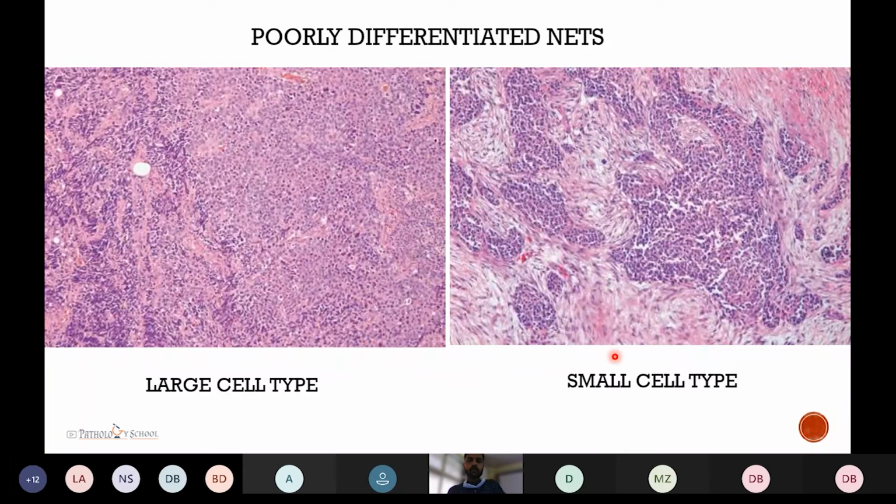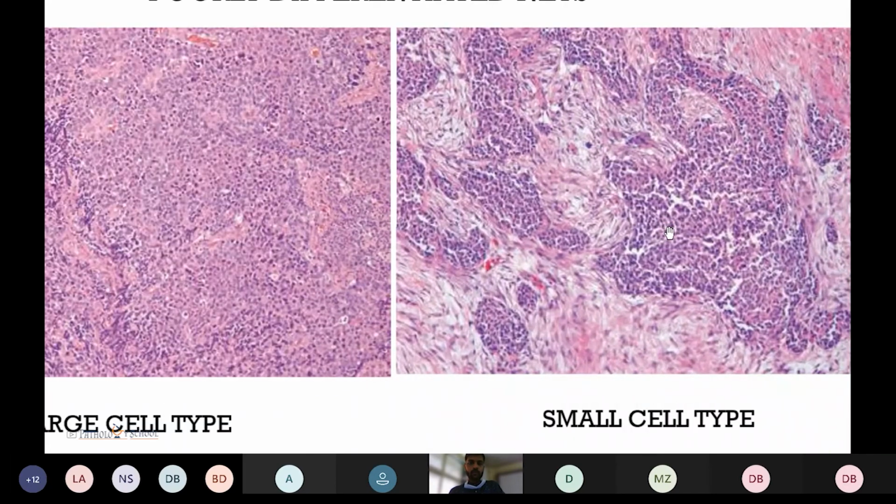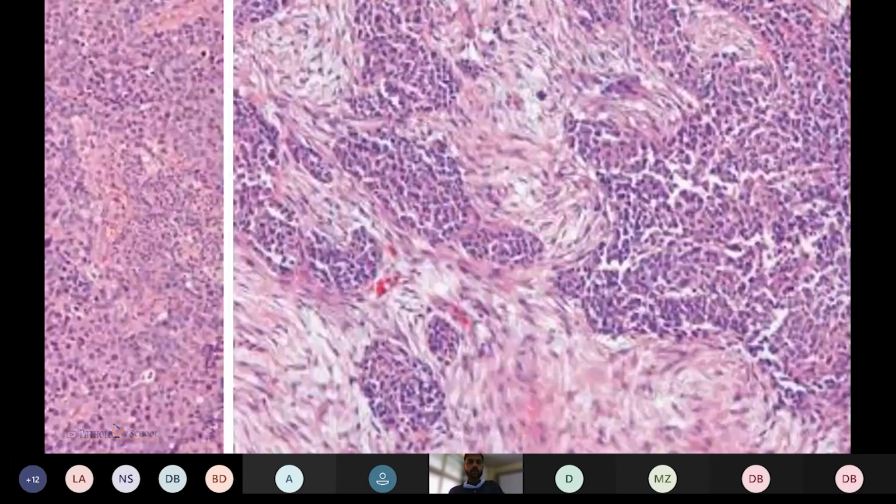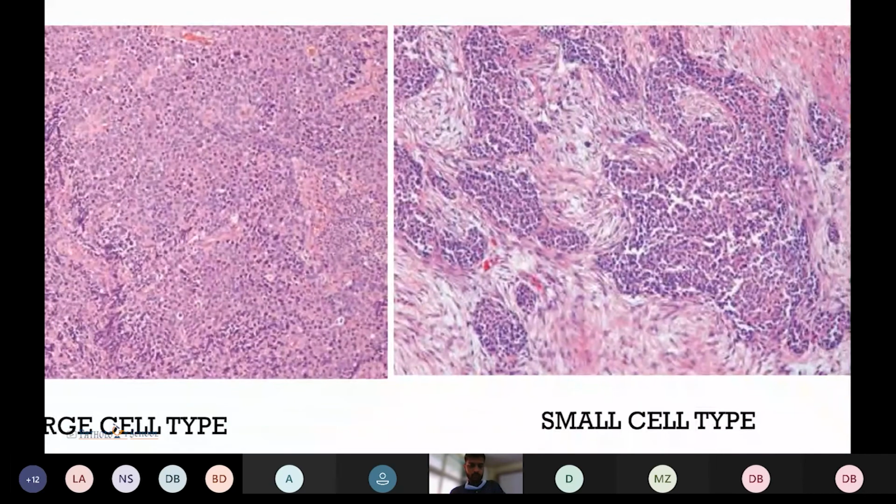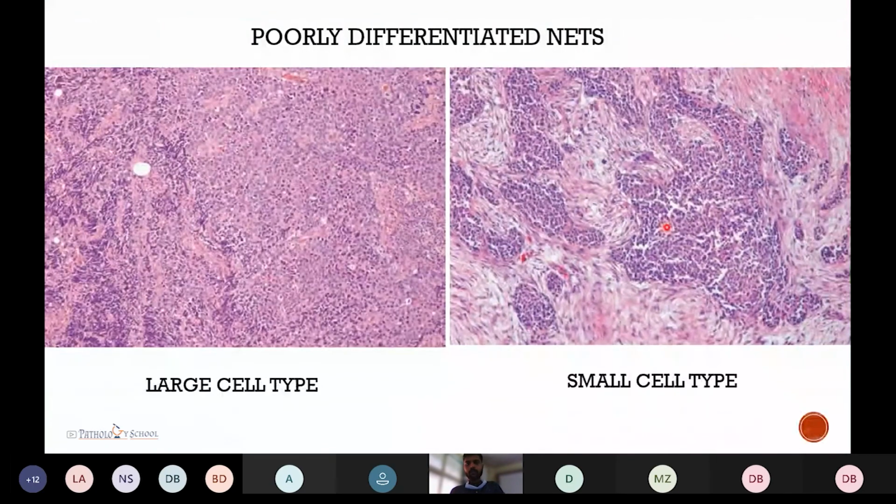Versus the small cell type, it resembles more like our neuroendocrine tumor, the small cell type. As you can see, extensive necrosis, which is present over here. And then coming to the cells, these are smaller cells. They have got high nuclear cytoplasmic ratio along with scant cytoplasm. The nucleoli which are there, they are coarse, you can say coarse salt and pepper chromatin type. Generally, the cells are small and round. So this is the small cell type.